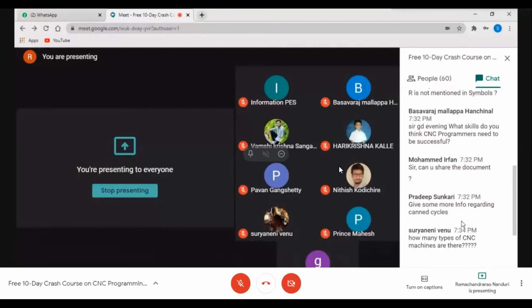If such a facility is there, then the machine is called a turn mill center. Okay? Turning centers and turn mill centers. There are two types of machines as regards turning operations or lathes. And in machining centers, you have vertical machining centers and horizontal machining centers.